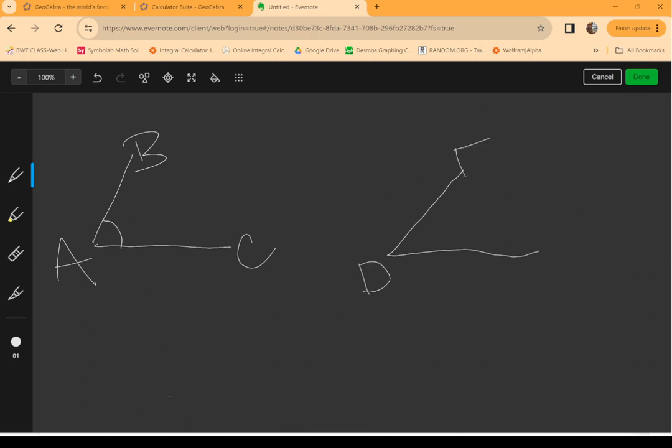D, E, F. All right, so if you have this idea of this being equal, and all you knew about these two triangles were these three quantities, the two sides are congruent, and the angle formed by those two sides is also congruent, then that is enough. We don't need to know the rest of the information. It follows. The theorem says if you know these conditions, that is enough information to make the conclusion that triangle